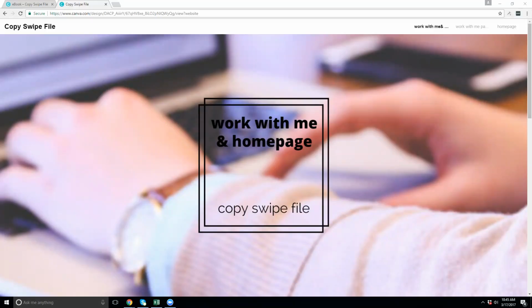And I really quickly went through and made this Work With Me template and a homepage template. It's basically a copy swipe file. So you can take it and use it to help you out when you're working on your homepage for your website or working with your Work With Me or portfolio page on your website. So what this means is it's just the copy, like how you come up with the words exactly for those